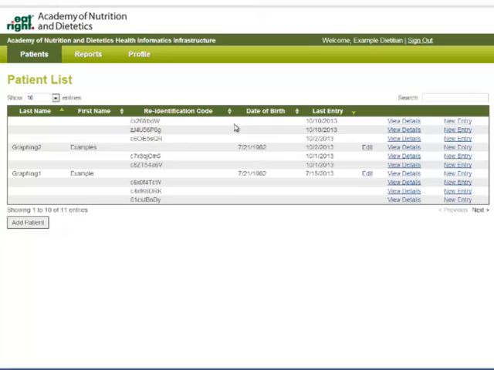This is part of the de-identification system in ANDHII, and that it's not derived from a social security number or birthday or anything like that. It's random, but you can save it, and it allows you to re-identify that patient to put more data in about them without ever giving us at ANDHII and at the Academy any idea of who that person really is. When you're entering a new patient, you'll use the Add Patient button below the list of